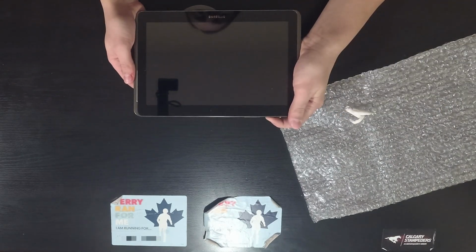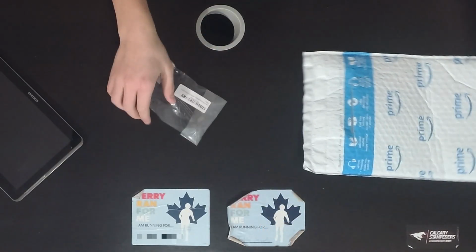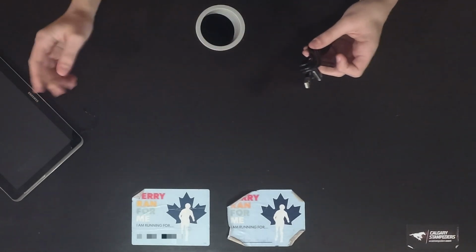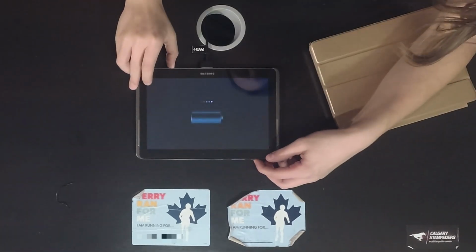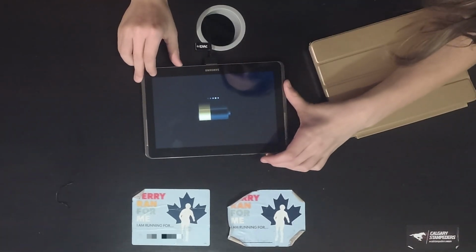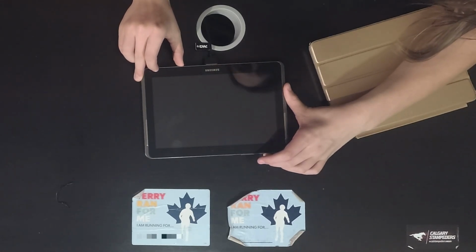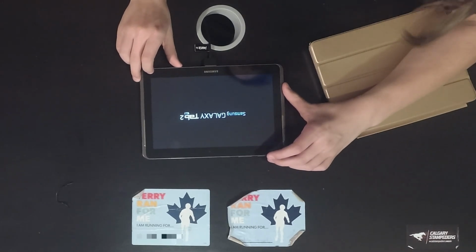I'm holding the power button now and I don't see anything happening. This isn't even a Samsung cable, but whatever. Yes! Finally. Okay, it turned on.